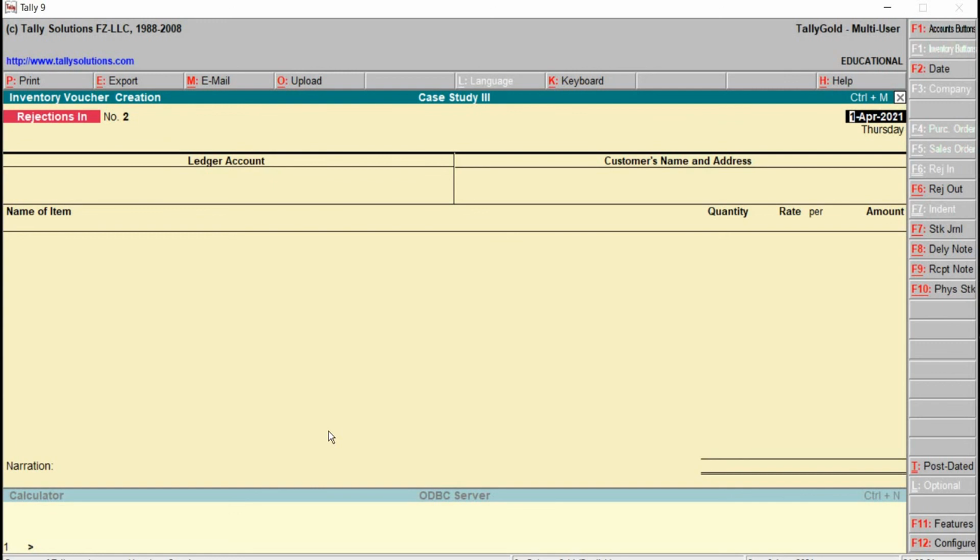This completes the case study. And in the previous 2 case studies I have already told how to write down in case of theory examination. But this particular case study was based on both accounting as well as inventory. Correct. From the voucher window itself, we can create the stock item, stock group, stock category, units of measure. Many things can be created.